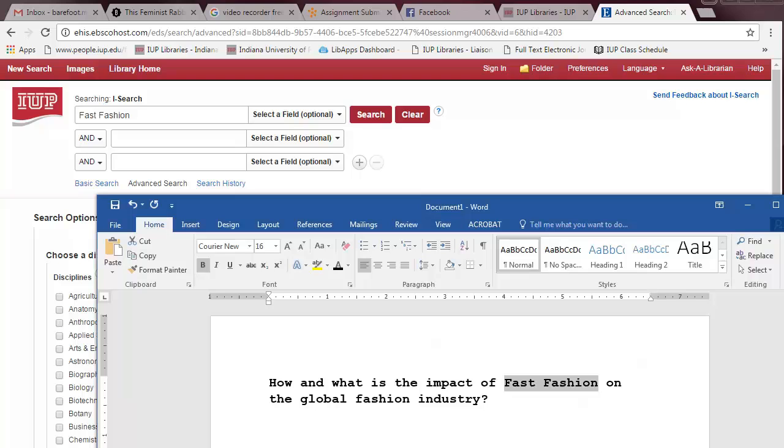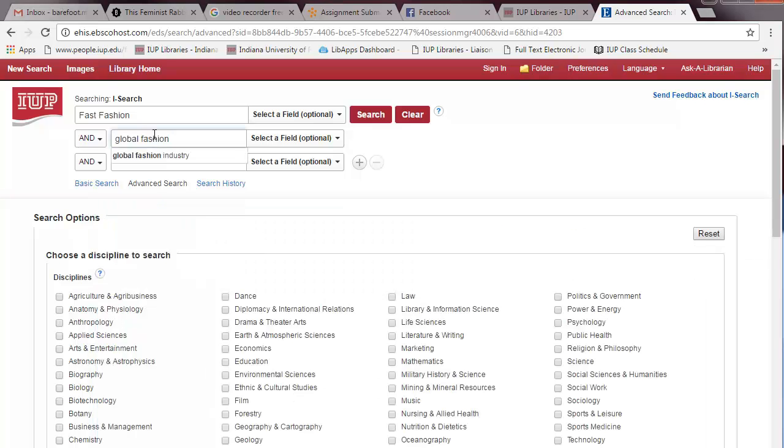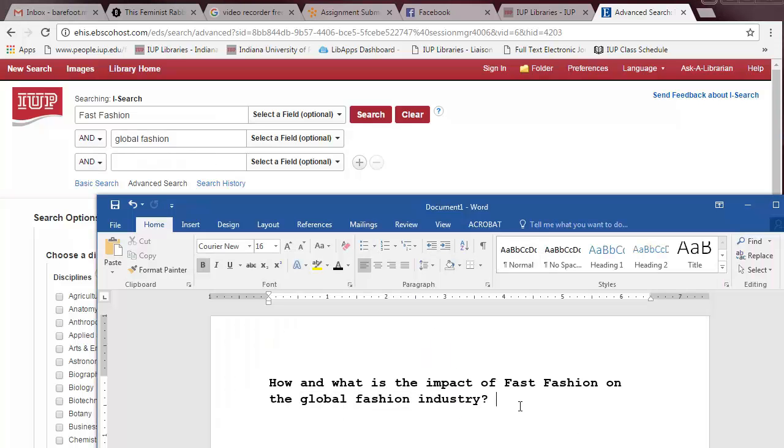So you'll notice I am missing this concept of global fashion. So what I might do is take that and add it in the second line. So I've got fast fashion and global fashion. So this is how it would be written as a search statement. Literally, it would say fast fashion and, just like it says in the little drop-down menu, global fashion. Another thing that you can do